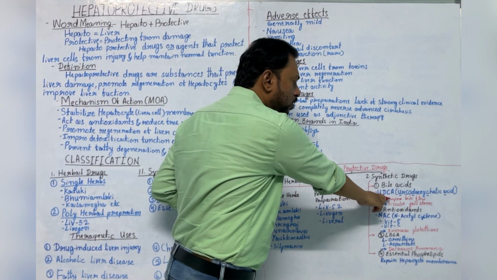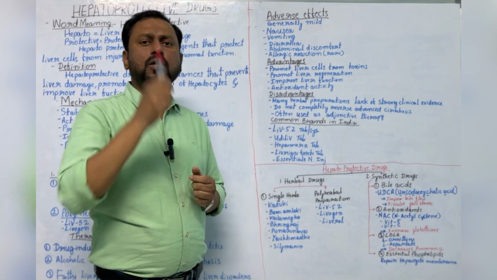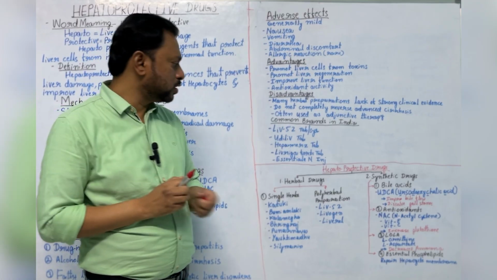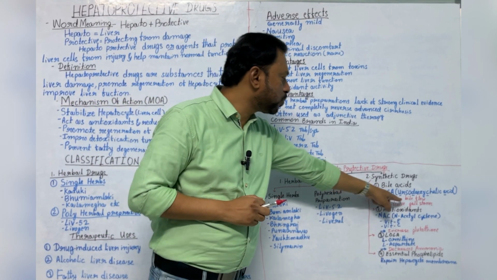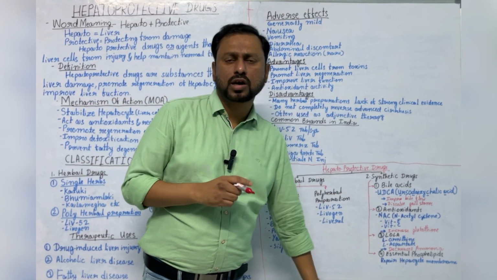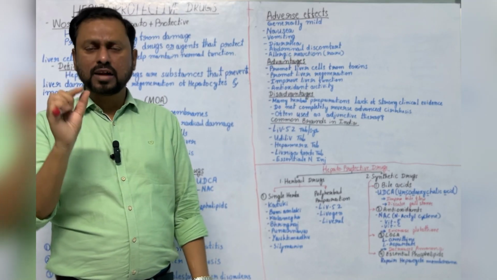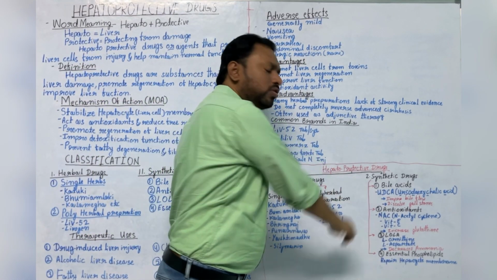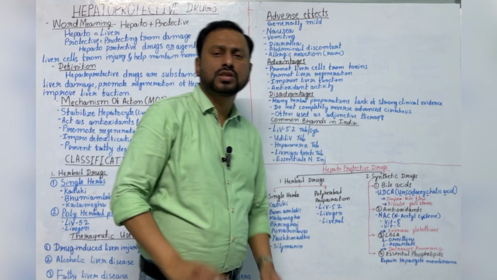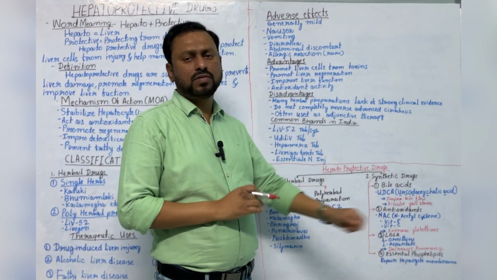This drug helps improve bile flow. The main function of the liver is producing bile, and if you give this drug, UDCA or Udiliv, it improves the bile flow. The second use is dissolving gallstones. Cholelithiasis, or gallstones, are produced in the gallbladder. If you give this UDCA or Udiliv tablet, it dissolves the gallstones. This is one of the main therapeutic indications of this class of drug.